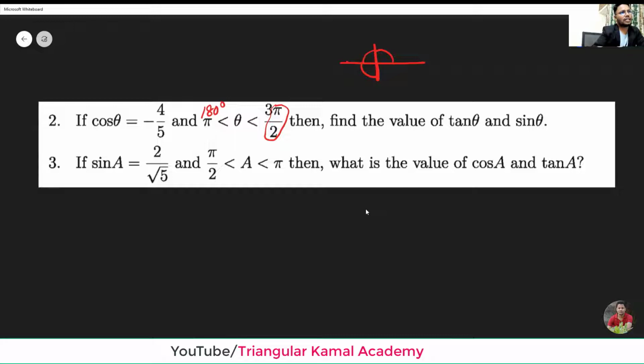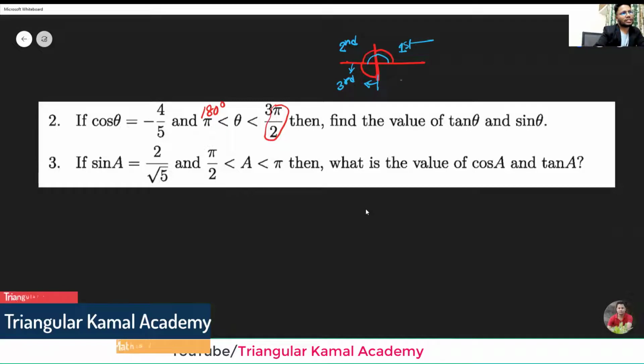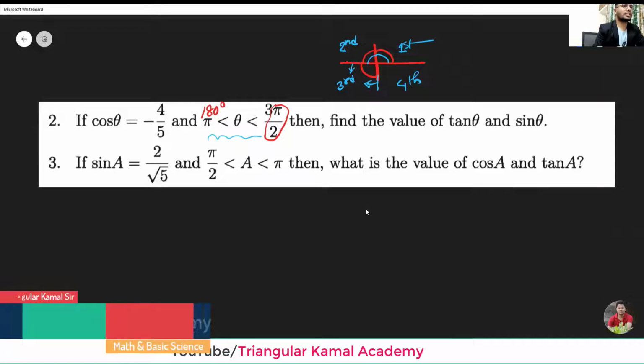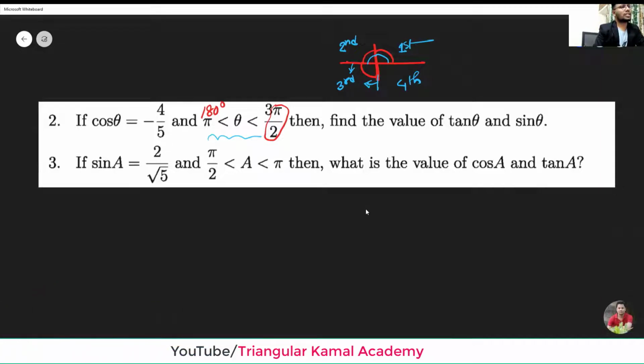So theta is greater than 180 and smaller than 270, that means in the next quadrant, and is smaller than 360. So now this condition shows us the third quadrant. This is the first quadrant, second quadrant, the third quadrant, and this is the fourth quadrant. So this condition shows us the angle is in the third quadrant, which is greater than 180 degrees but less than